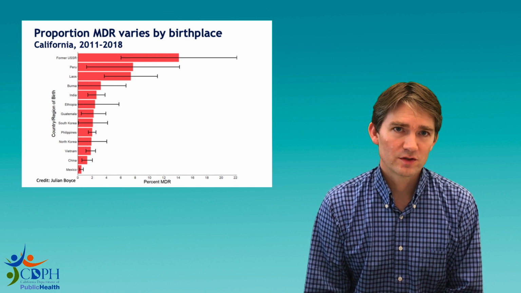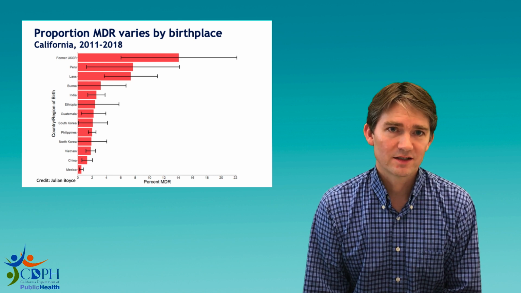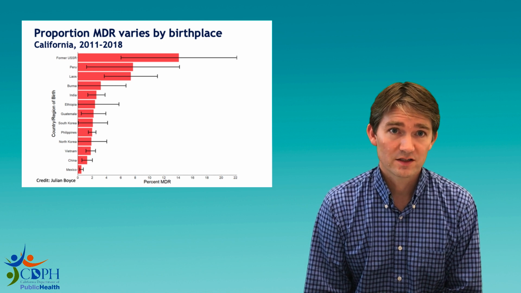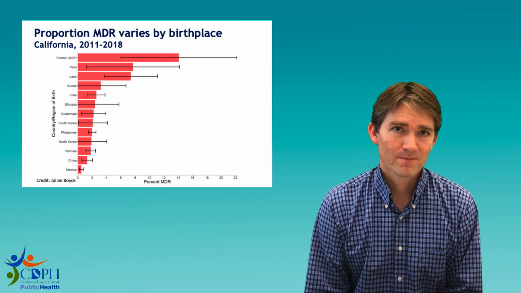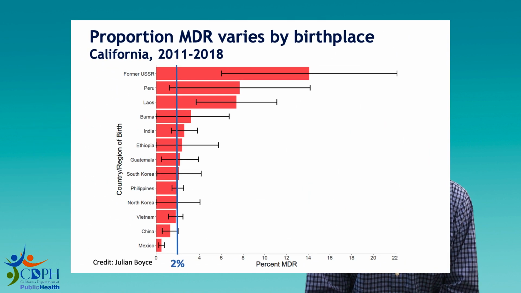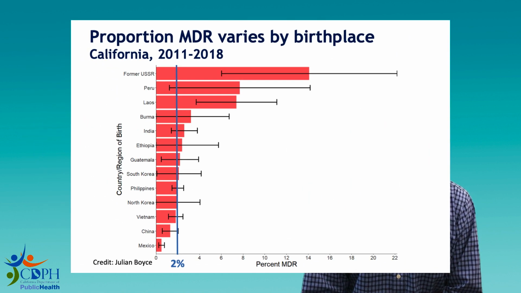You can see it goes down in order all the way down to Mexico, which has less than 1% of cases with MDR TB. I'm going to superimpose a line on the graph at 2%. That's a generally recognized threshold for determining substantial MDR TB risk. When I do that, you can see that at the bottom of the list, countries where many of our TB